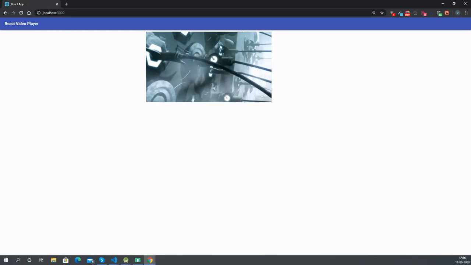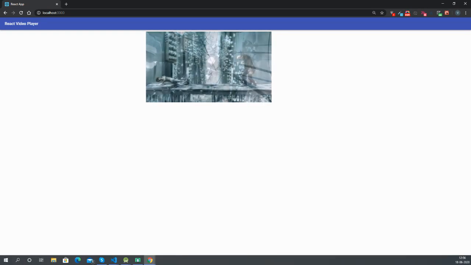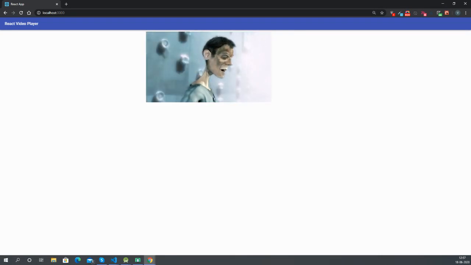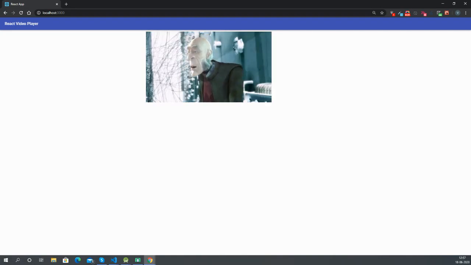In the last video we installed all the libraries required and we added a base layout with Material UI. We imported React Player and made it play a video by specifying a URL prop. So in this video we are going to create the custom controls and we will do all the styling required, add all the buttons and necessary icons.